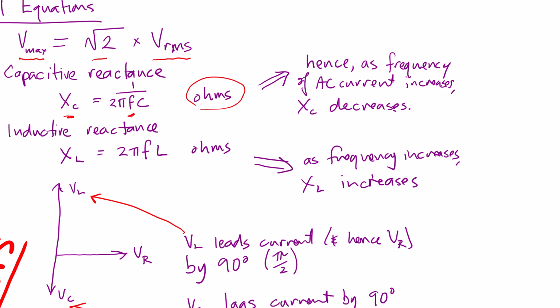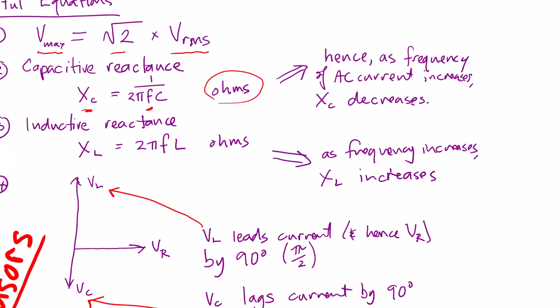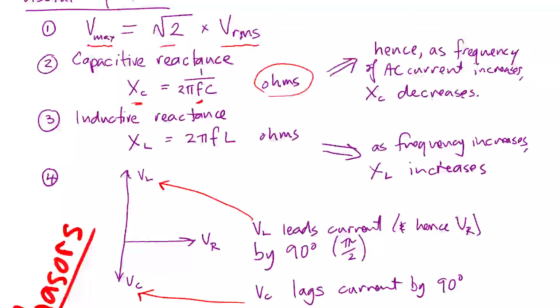That's like as the frequency increases, the resistance of the capacitor reduces, which is what you'd expect, because if the frequency is quite high, then there's not time to fill the capacitor up before it discharges with the alternating current. So we'd expect less resistive effect, so the capacitive reactance is inversely proportional to the frequency,